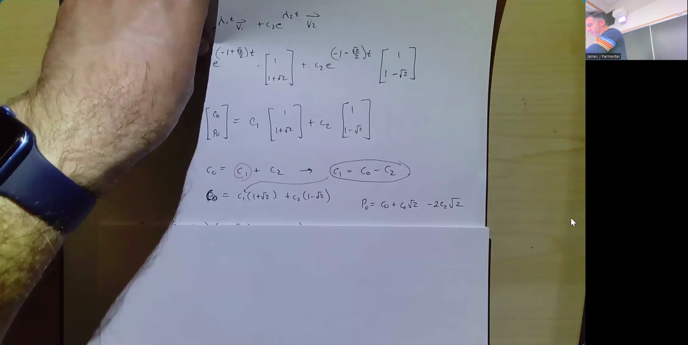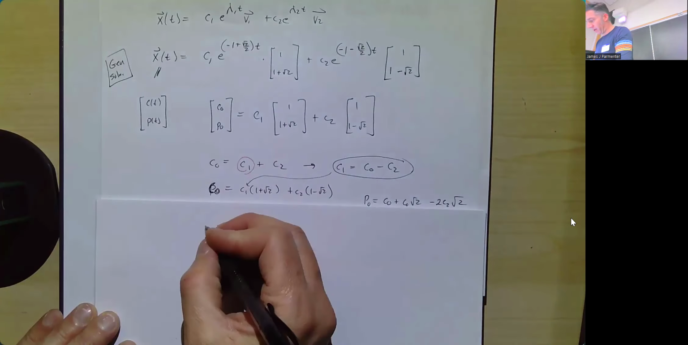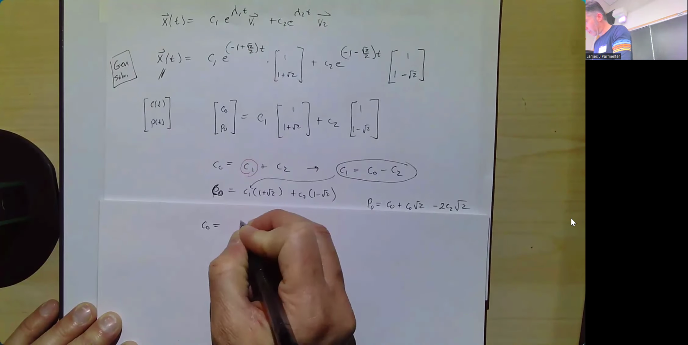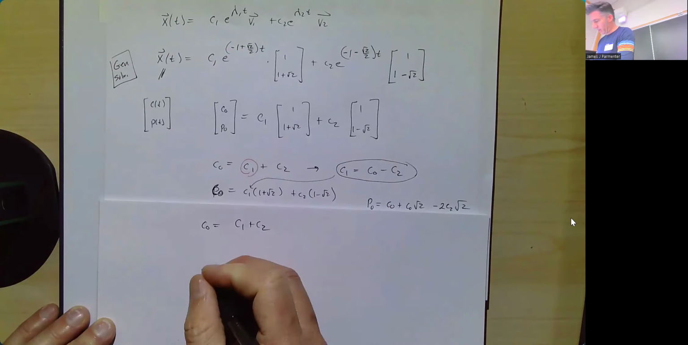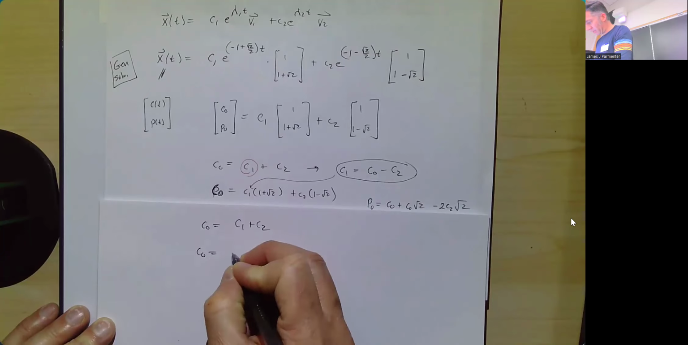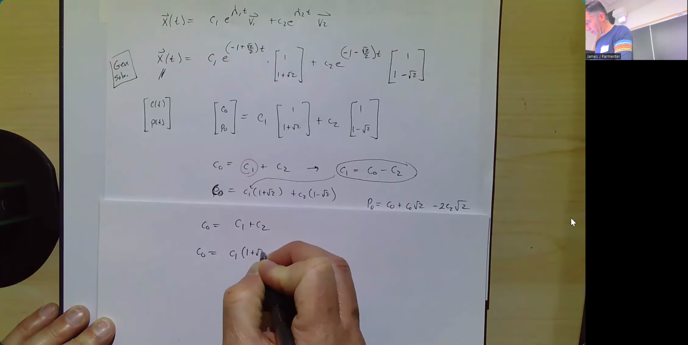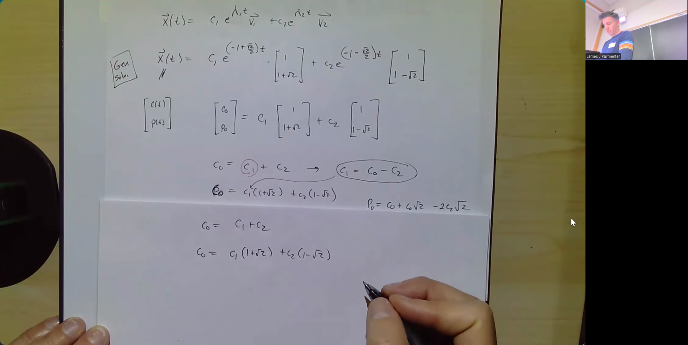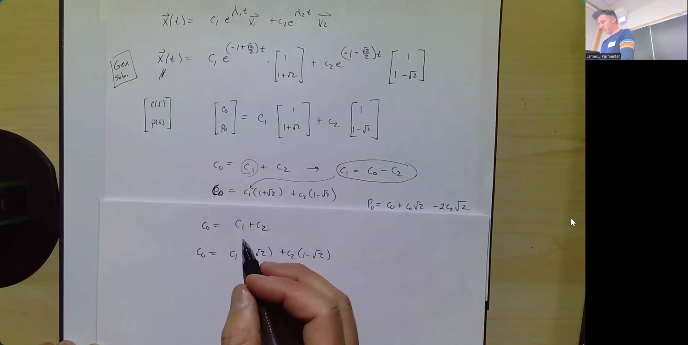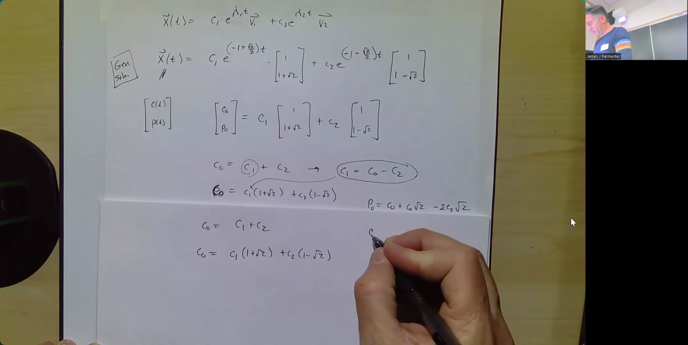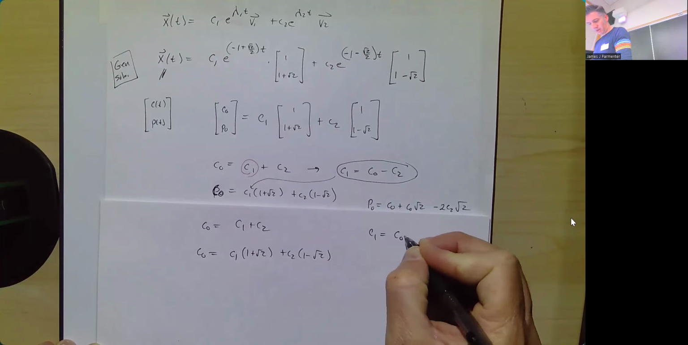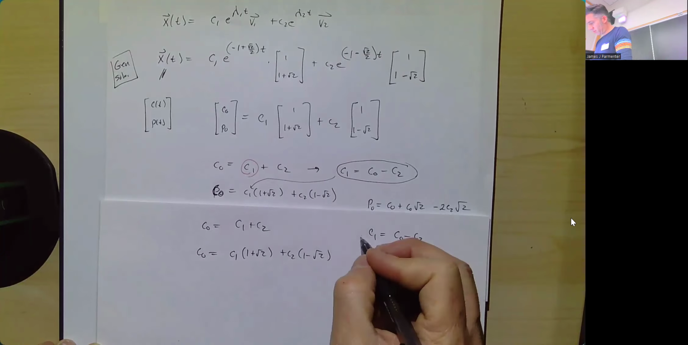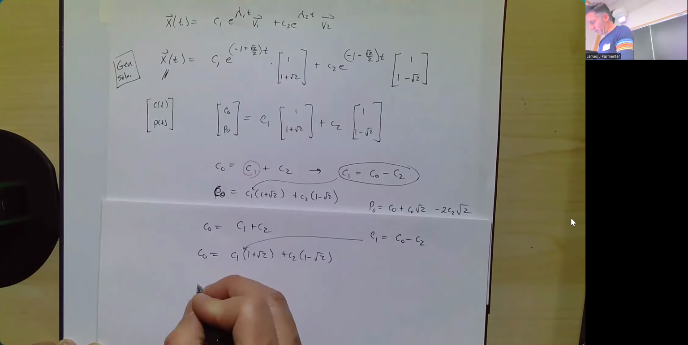Let's try again. So what we really should have had was, yeah, I know, it's terrible. C0 equals C1 plus C2, and C0 equals C1 times (1 plus root 2) plus C2 times (1 minus root 2). I'm still going to do the same sort of thing. I'm still going to plug in C1 equal to C0 minus C2 right there. When I do this, I get,